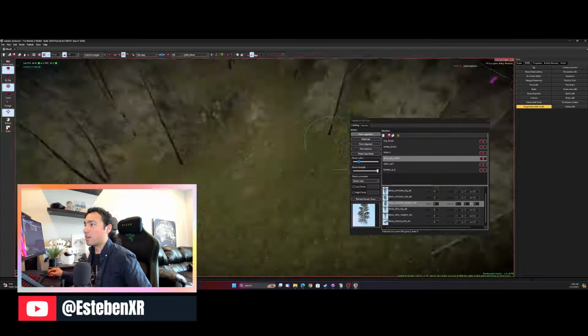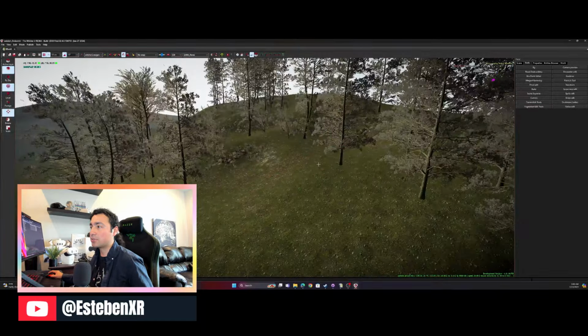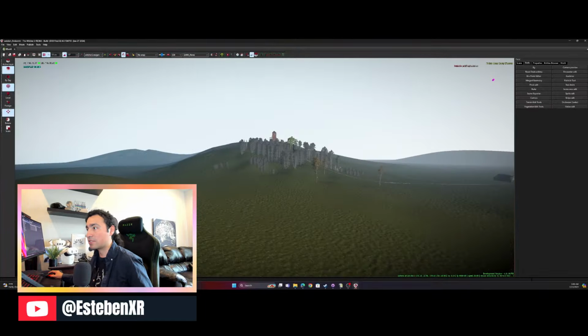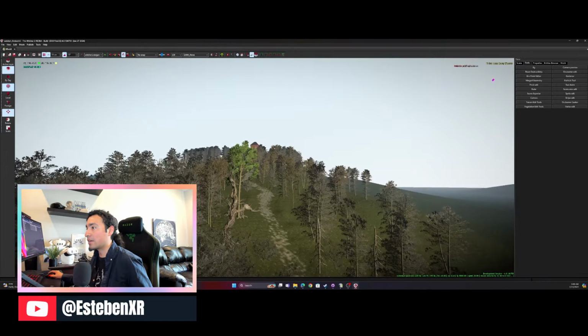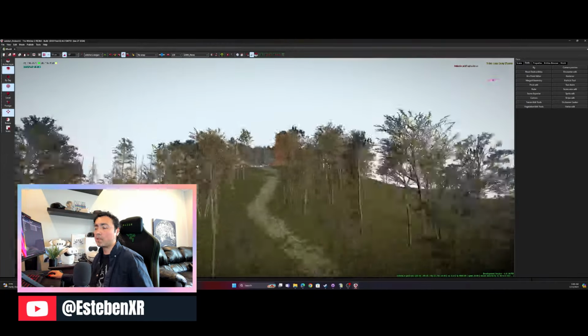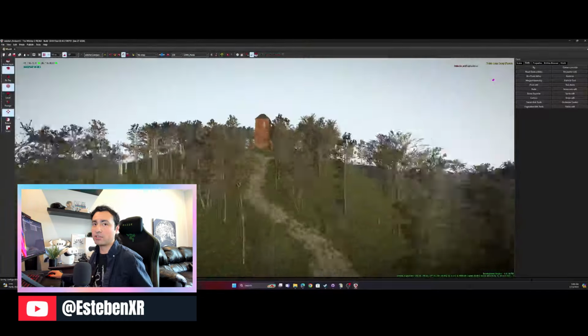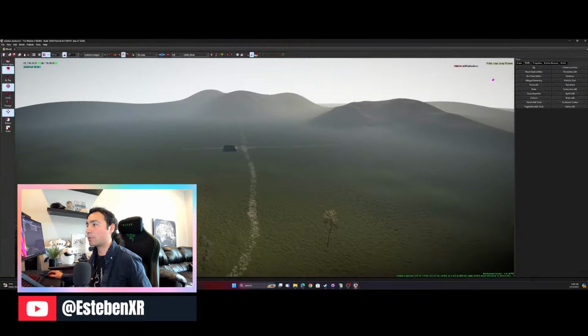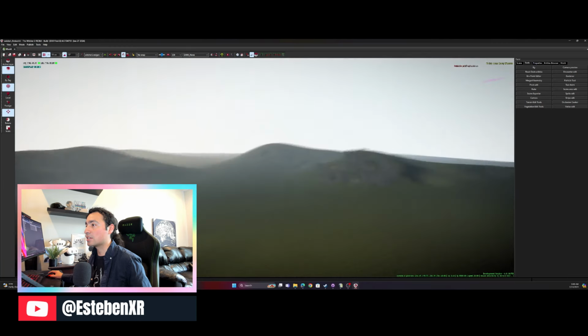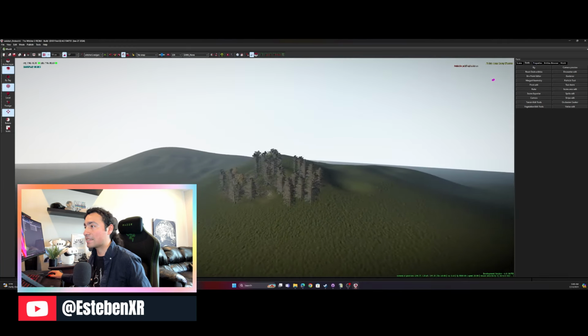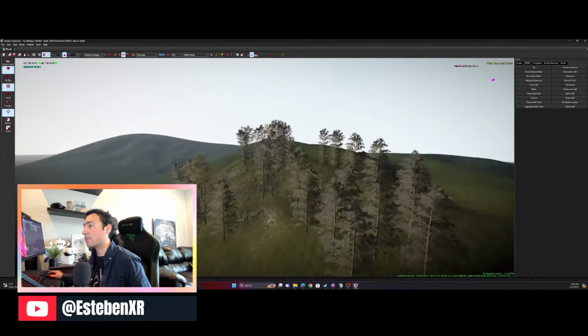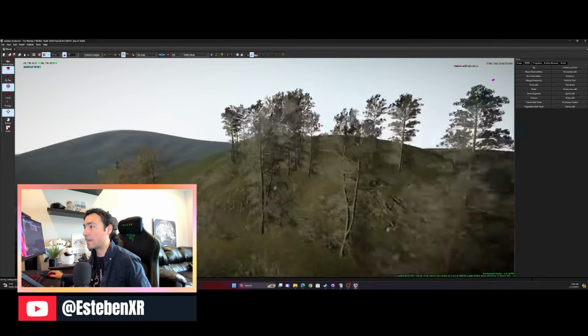Okay, so at this point, we can preview our level. We already have a terrain, some terrain textures. We placed down some foliage. We can preview our level. I also went ahead and I started working on some additional areas of the map. This is just me blocking out my points of interest, my POIs. I have a watchtower over here now, and there's a village down there. I've placed down a dirt path, and we have my starting hill, which I started at the beginning of this